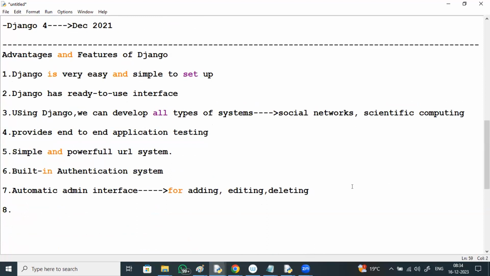Very less code. We see very less code, right? And fast development at a rapid speed.